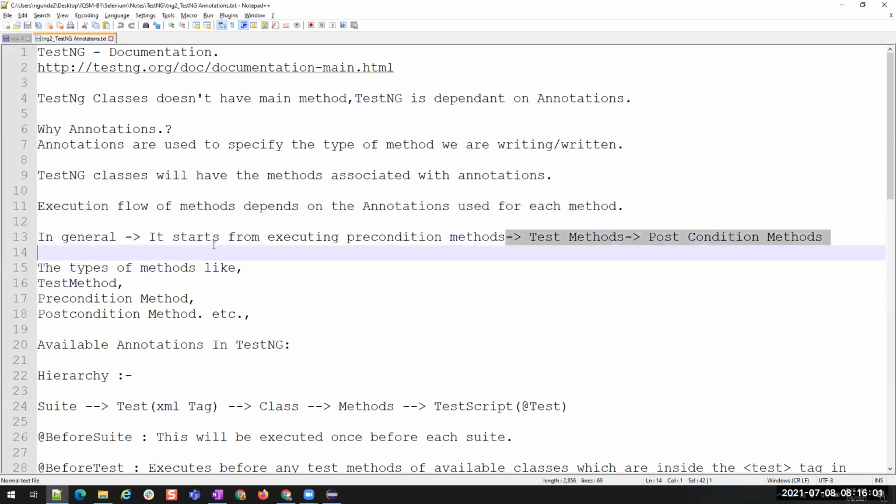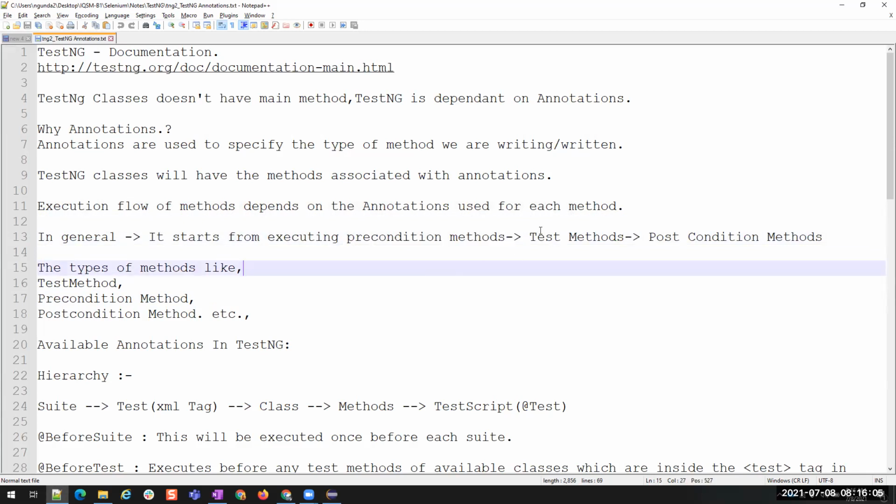Like prerequisites, the prerequisite setup will be done. Once the prerequisite is done, then we will execute the test cases. And then after the execution of test cases, if you have any post conditions like logging out of the application, closing the browser, or logging off the system, those post conditions can also be done with the help of TestNG.